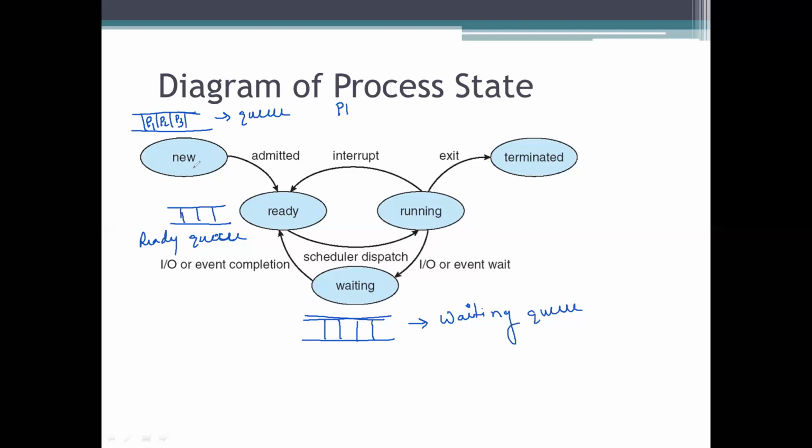Now, when the process is ready for the execution and it is present in the new queue, some process will be shifted from the new state to the ready state and it will be stored under the ready queue. So suppose the process P1 wants to change its state from new state to ready state. In that case, P1 will be removed from this queue and P1 will be stored over here. Clear? So how the process will be selected from this new queue to the ready queue, that selection operation will be done